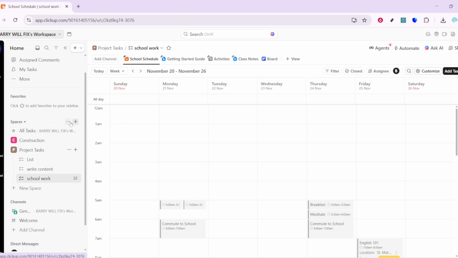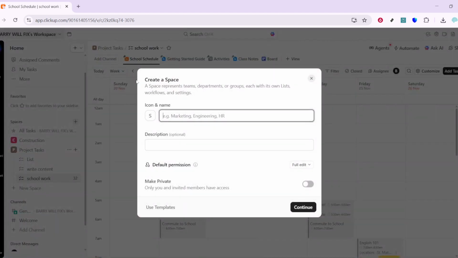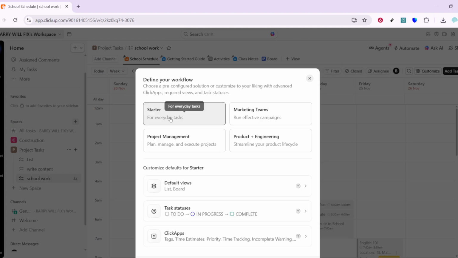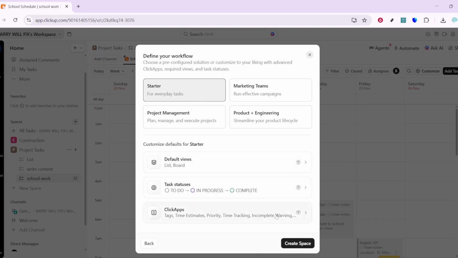Start by creating a space for school. A space is like your main folder that keeps related work together. In ClickUp, click plus New Space, name it School, and click Create Space. Keeping it short and simple makes it easy to find in the sidebar and helps you stay focused. You can customize the look or details later, but the goal right now is to give all your schoolwork a